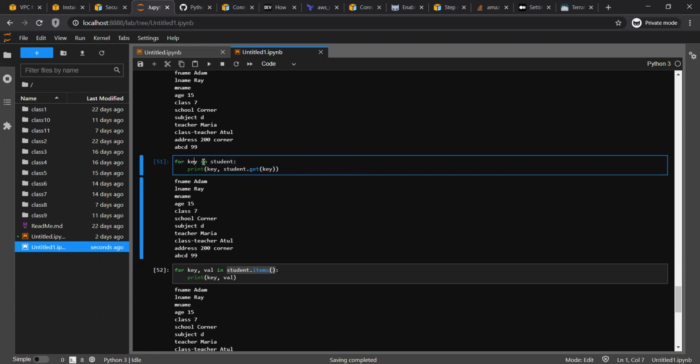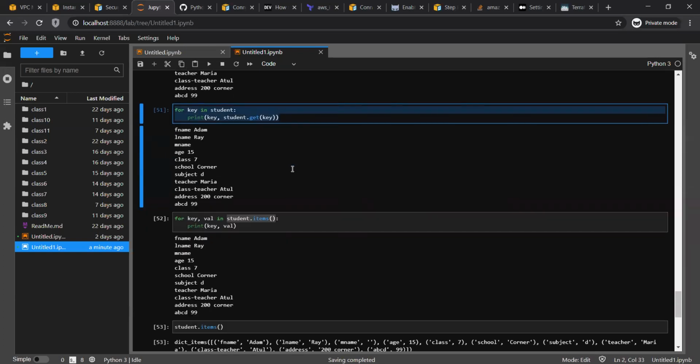So it will first fetch the first key, then print it, then this operation will get the value for that key, then it will go again, fetch the second key, and in the print statement fetch the second value. So performance wise, this type of line is better than this.